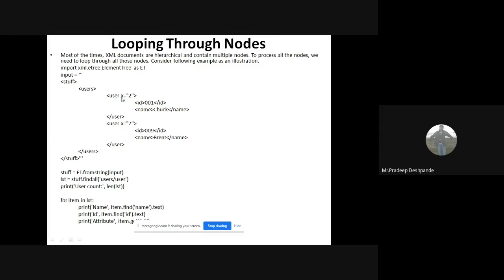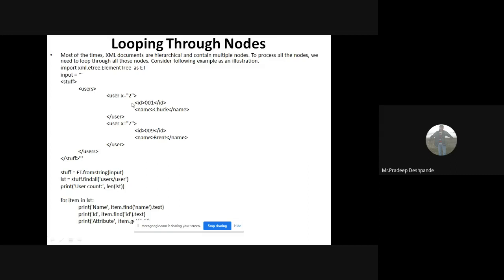Its attribute x is there, and the value is 2. Again, there are two more tags, ID and name, in the user tag. When it is converted to a tree structure, the root node will be stuff. For that root node, users is a subtree.